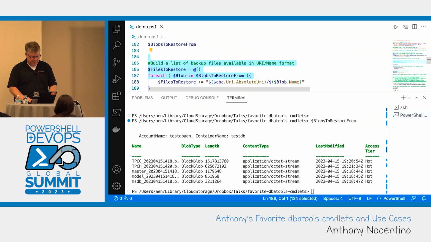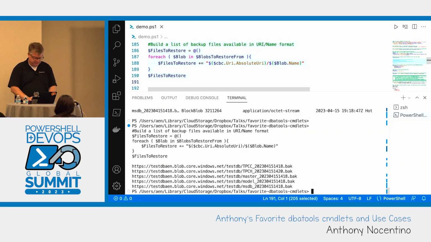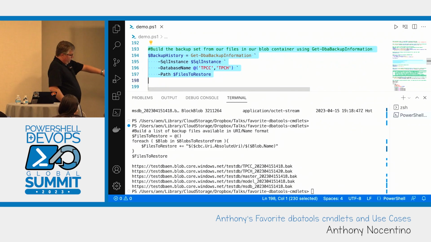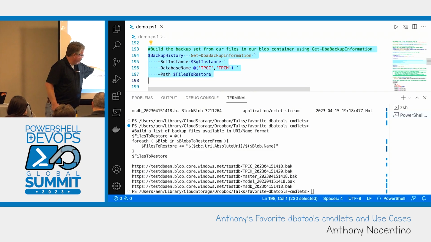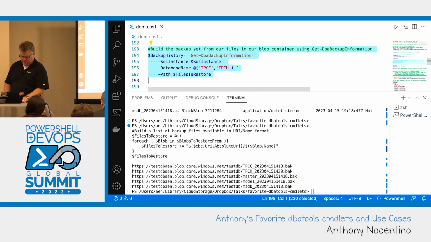All right, so I'm going to take it from an object. I'm just going to pull off the file name. So it's just the URL there to the backup file. And this is bananas crazy when you do this. So within this set of backups, I have a couple system databases, and I have the two databases that I really care about, and that's what I'm scoping here on line 196. All right, so when I run that,